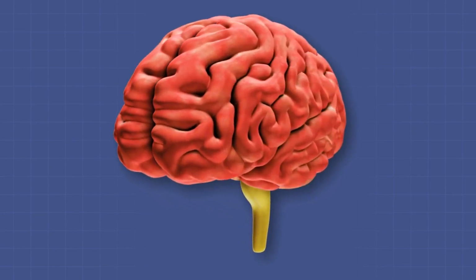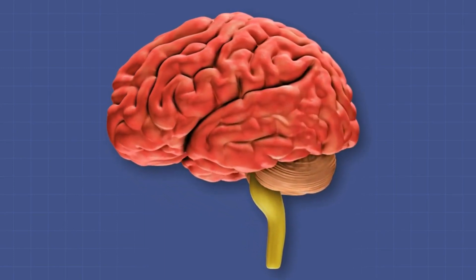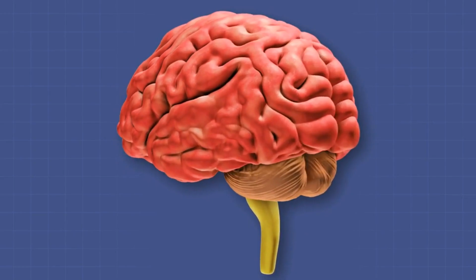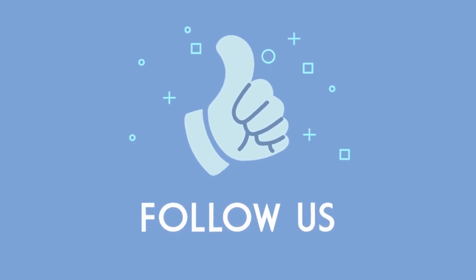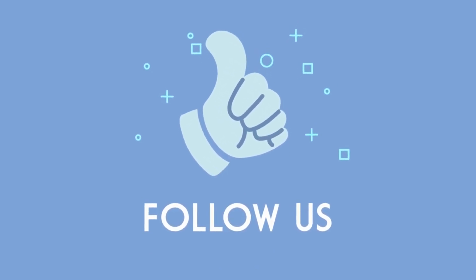They have biases. Biases are like shortcuts that our brains use to process information quickly, but they can occasionally lead us astray. Consider the confirmation bias. It's our proclivity to seek out information that confirms our existing beliefs while ignoring anything that challenges them. We've all been there. Scrolling through news or social media, gravitating toward things that confirm our existing beliefs.